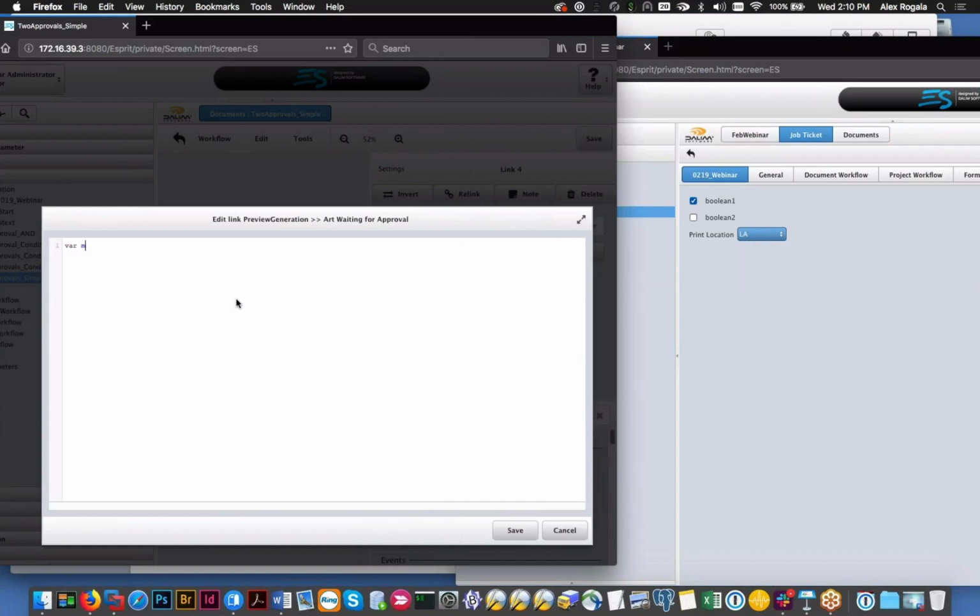So I could have a var myPrintLocation equals context.getMetadata job, because we're grabbing this metadata from the job level. The metadata is called print location. And then I've got to put in the metadata set here too, my bad, which will be webinar. So we're grabbing this piece of metadata and pulling it into a JavaScript variable here. Then after that, what we can do is if printLocation equals true,